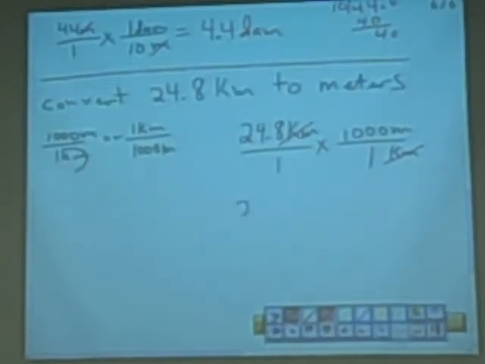So now that means we're going to move that decimal point which way? To the right or to the left? To the right. How many places? 1, 2, however many zeros you have, right? It's going to move 3 places. So therefore it's going to be 2, 4, 8, and how many zeros? 3. Careful. 2. Careful. 2. Because you had a decimal point before the 8, right? Now if the decimal point was after the 8, then it would be 3. So you have to be careful when you're working with decimals that you